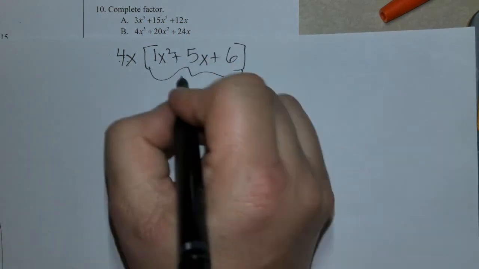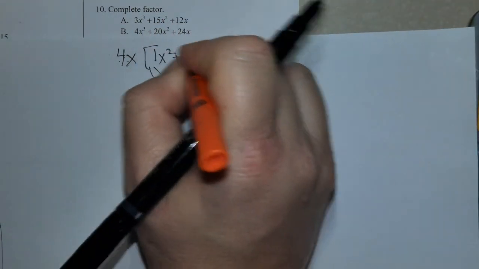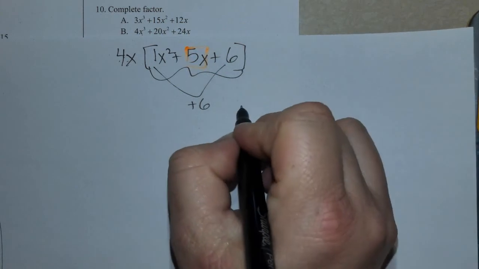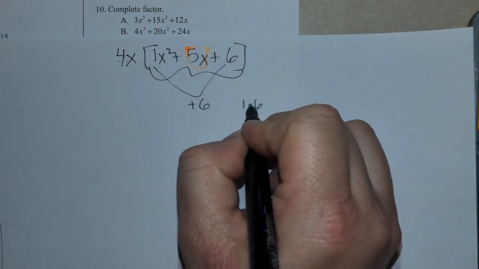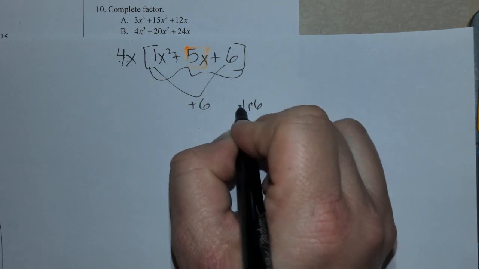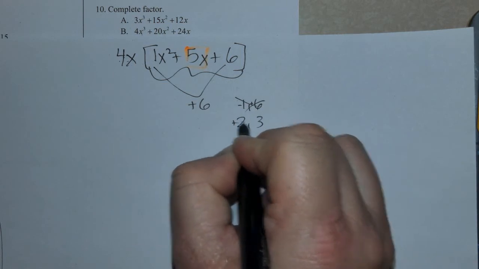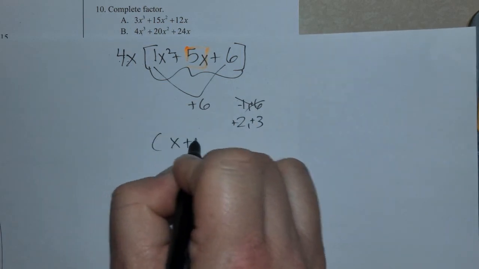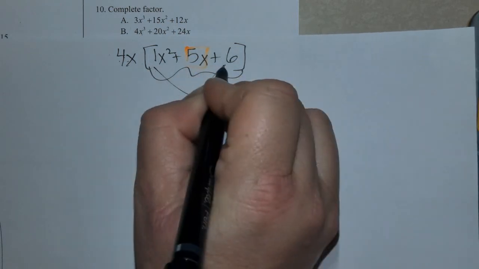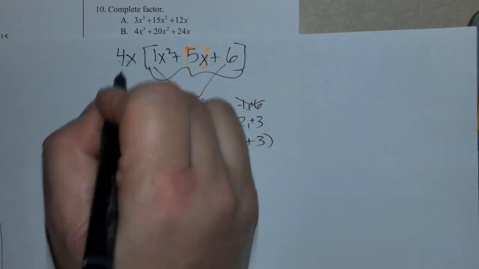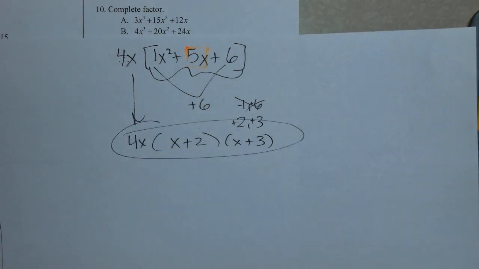Only focus on this trinomial. What multiplies to give you 6 and combines to equal positive 5? Oh, that'd be not a 1 and 6 because it would have to be a positive 6 and a negative 1, and they would multiply to a negative 6. 2 and 3 work, both positive. X plus 2, x plus 3. Since the leading coefficient of this new trinomial is 1, I don't have to worry about bottoms up. And don't forget about 4x out front. Let's look at